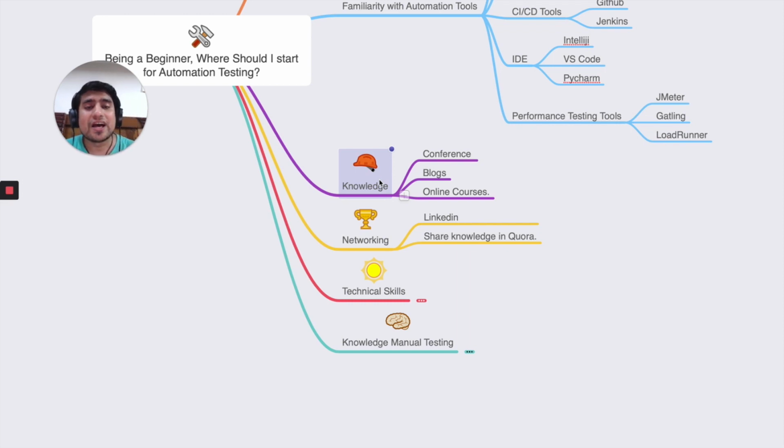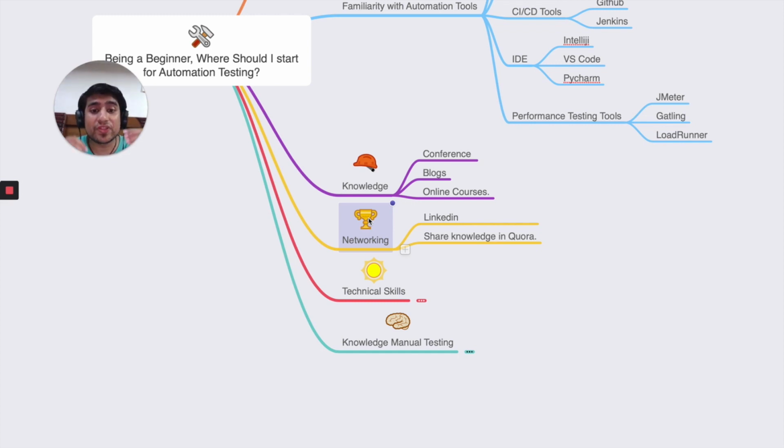And if you are enhancing your expertise, it basically means you can increase your salary expectation also, right? So go with it. Write blogs, learn from online courses, right? That you can do. Networking, again, share everything that you are learning on your LinkedIn profile. It is important. If you have seen my profile, I share my tutorials. Follow some great guys like James Bach, Michael Bolton, and some Indian guys. I'm going to put some links. I will recommend you go and follow them, guys. These are the people who are sharing some awesome stuff about software testing, and definitely you will learn a lot in that case, right?